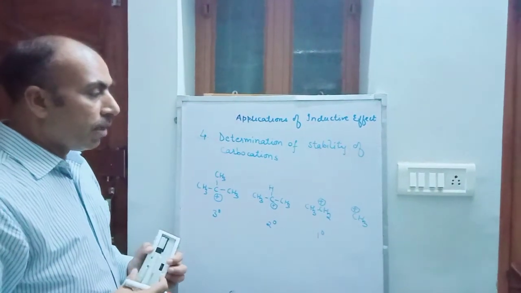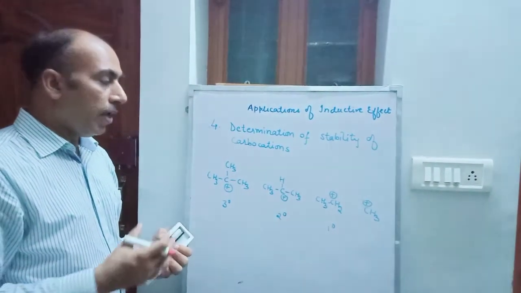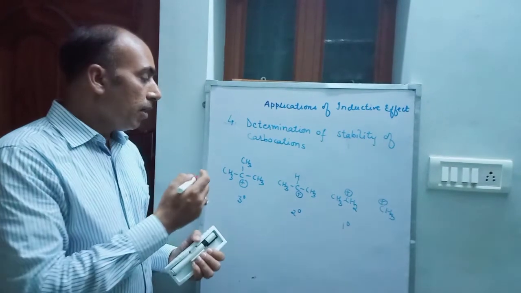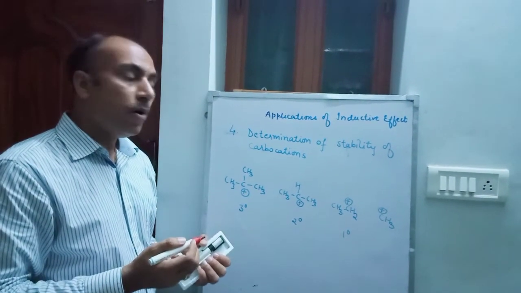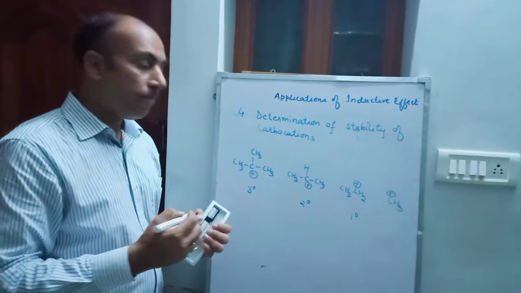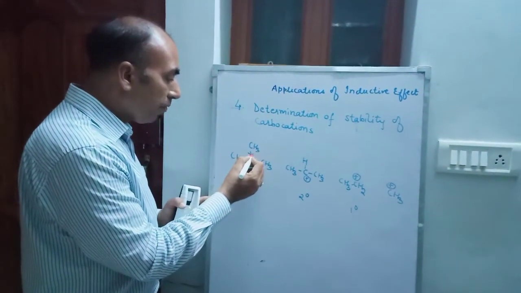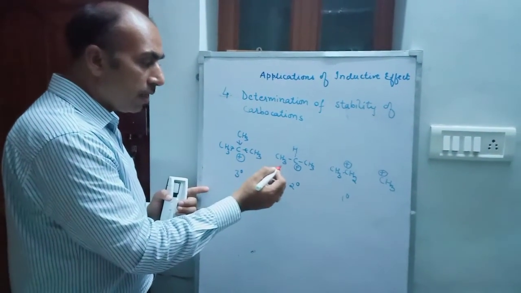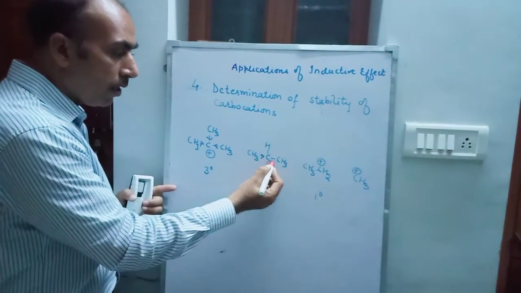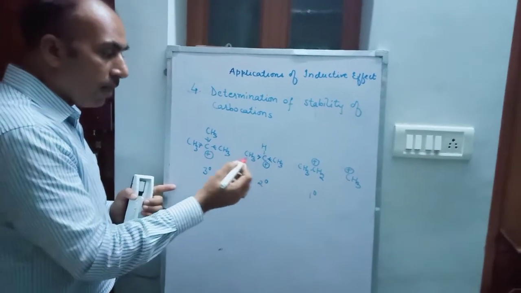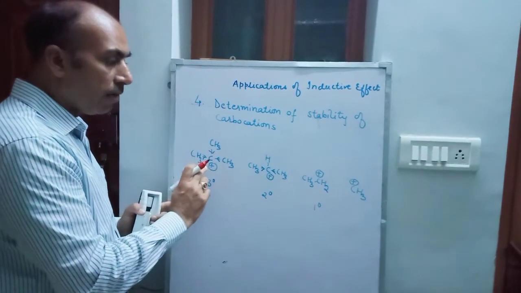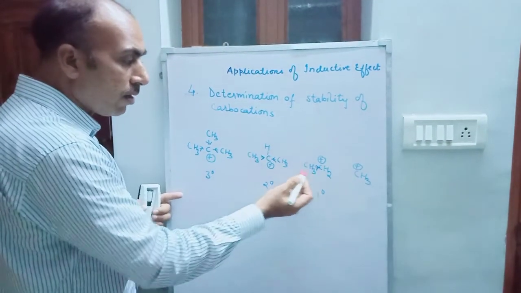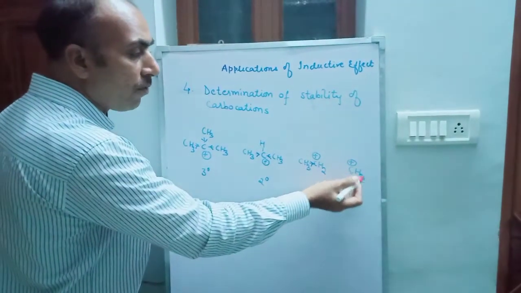If we study about the stability of carbocation, see, as I have told that the stability increases if the positive charge density is dispersed on the complete molecule, or in any way it is decreased. See here what is happening, there are 3 plus I effect exerting groups which decrease the positive charge density on this carbon, whereas in case of secondary carbocation there are only 2 plus I effect exerting groups, they are decreasing but lesser than the 3 degree one. Then here it is only one plus I effect exerting group. This is also decreasing but lesser than 2 degree, and there is no plus I effect exerting group,